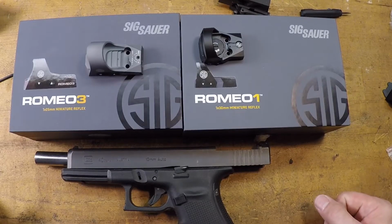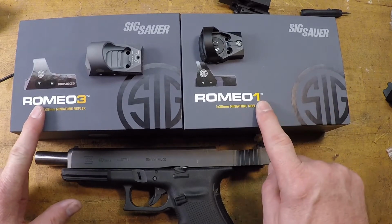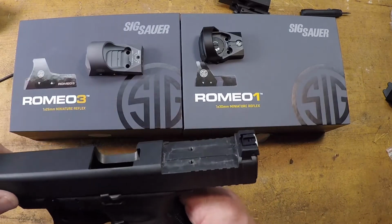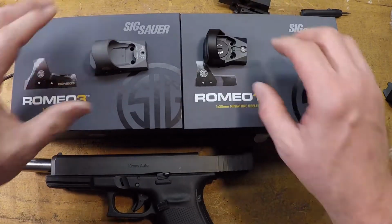Alright, good afternoon. I'm here today with my two Sig sights. I've got a Romeo 3 and a Romeo 1. I've got my Glock G40 with the MOS on it. I've got the sight bases off because I'm going to show you whether you can fit these two Sig sights